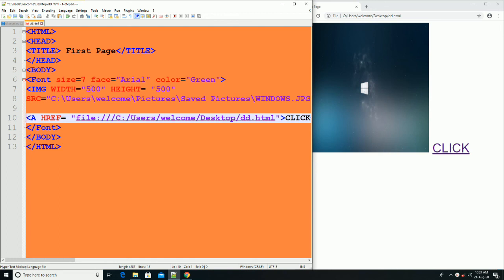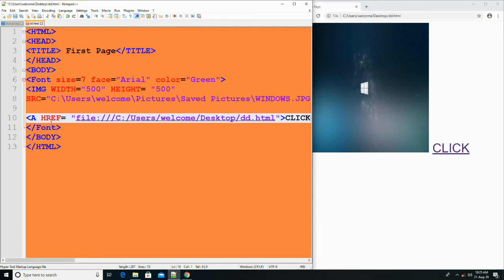Here we will see the SRC attribute, that is the source, which specifies the location of the picture. Also with the src attribute, two more attributes are there, that is width and height, to specify the width and height of the image that will be displayed on the web page.